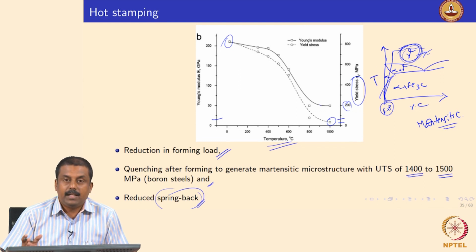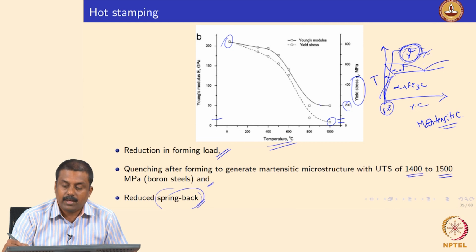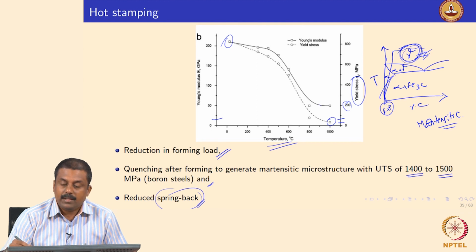Now the critical metallurgical factor that can influence the hot forming process is your phase transformation temperatures. Generally it is advised to do hot forming or stamping in the austenitic region, because if you are taking it to the intercritical region, there are all complexities in terms of microstructure, and there will be two phases present, and there will be stress partitioning between the ferrite and austenite, because they both have different carbon concentration, so the strength will be different. So it is generally not advisable to stamp or form in the intercritical region.